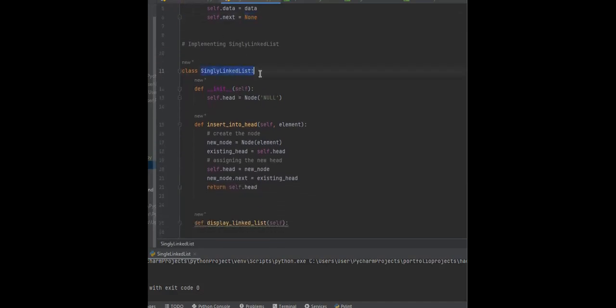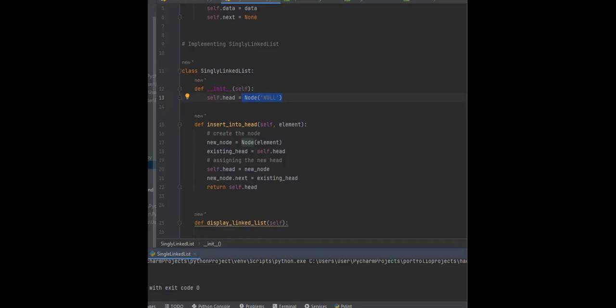Secondly, the single linked list implementation: when I initiate the linked list class, automatically the head element, self.head, creates a node which is null. If you don't want, you can simply remove this one and assign something else. You can do some extra validation,